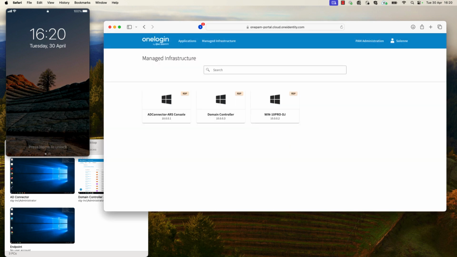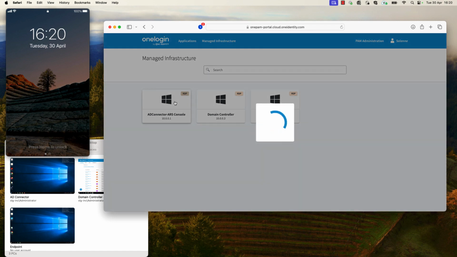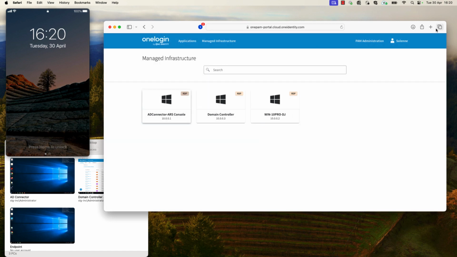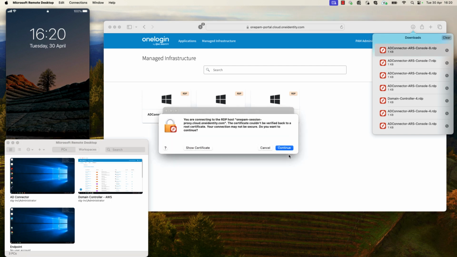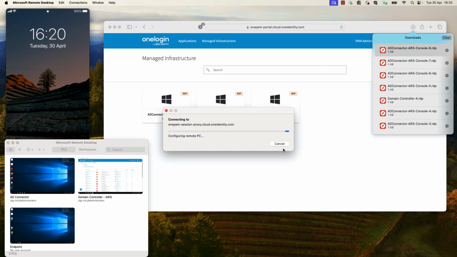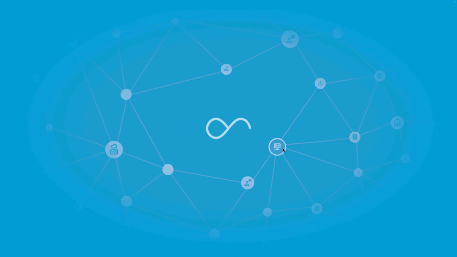Once the PAM Essentials portal appears, I can see I have access to my Active Roles console, and I can click on the tile to generate an RDP file that will be valid for only 1 minute, and I don't know the credentials to that session. They will be injected directly by PAM Essentials, and once my session is timed out, the password will be rotated.